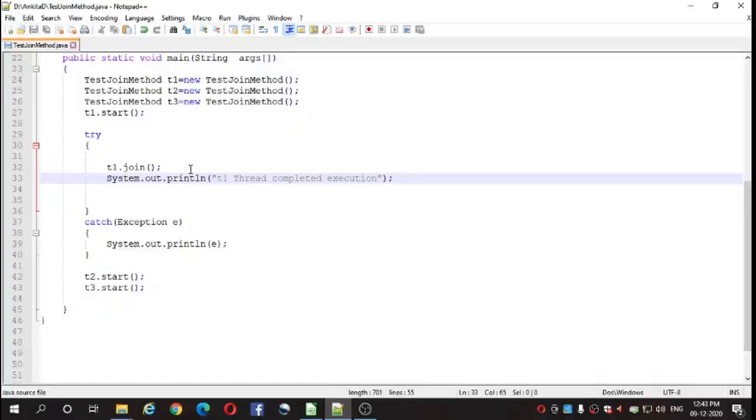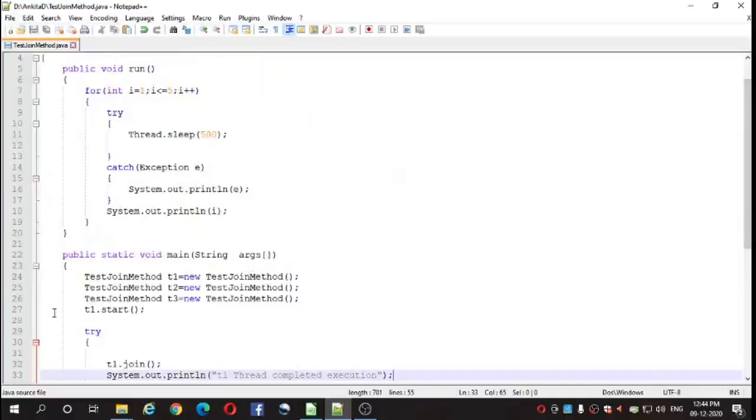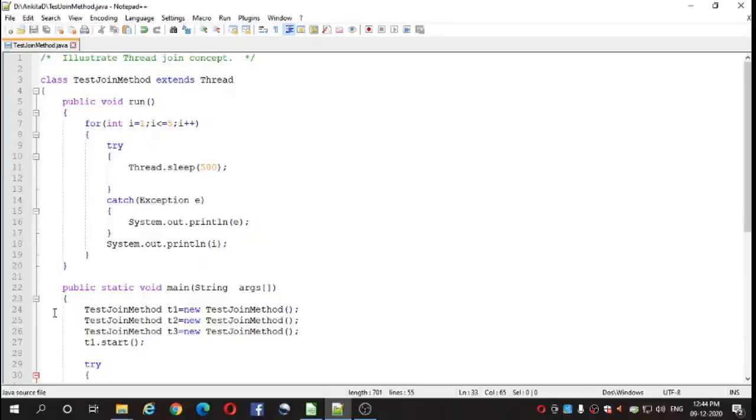As soon as the T1 thread completes its execution, the T2 thread and T3 thread will start with the help of this start method. The start method causes these threads to begin their execution. And we are done with the main method and with the class.